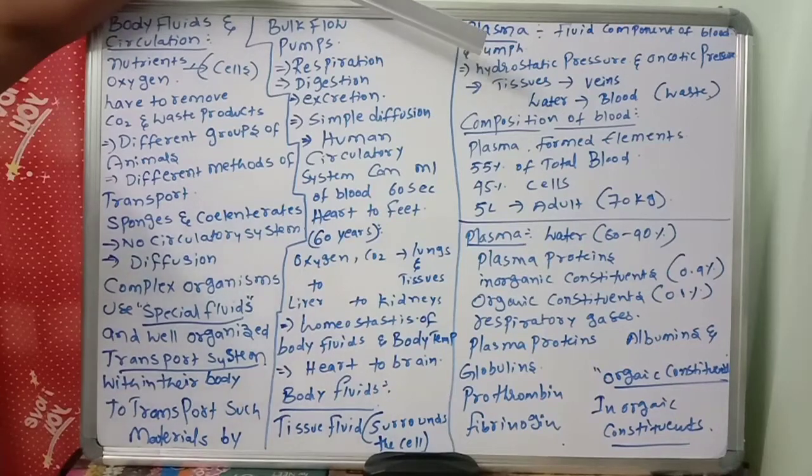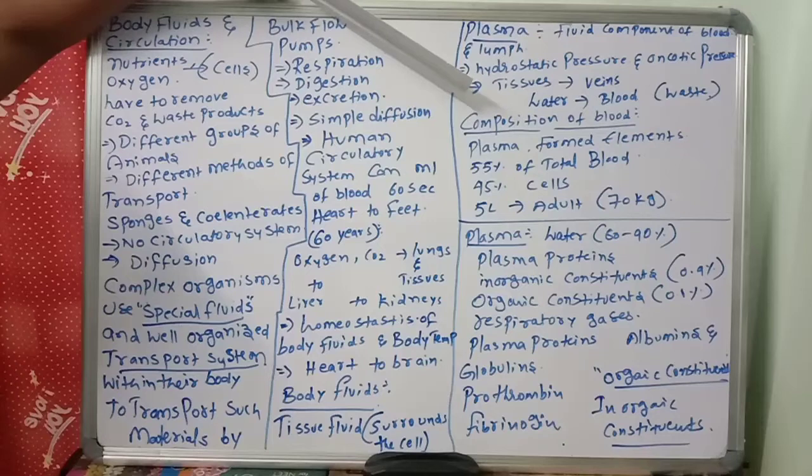So that is important. Once again I am telling this point, you should remember the volume of fluid which leaves the capillary to form tissue fluid is a result of two pressures: hydrostatic pressure and oncotic pressure. At the arterial end of the capillary bed, the water potential is lower than the hydrostatic pressure inside the capillary bed, which is enough to push fluid into the tissues. Hydrostatic pressure is greater compared with the tissues. Then what will happen? The fluid will enter into the tissue.